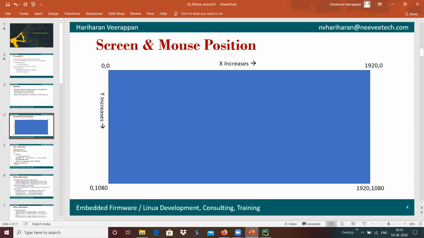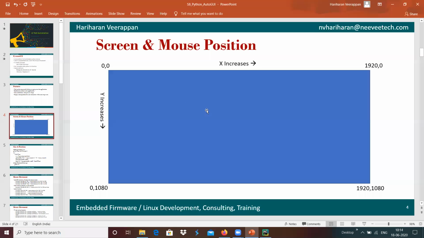At this point x is 0 and y is 1080. And here x is 1920 and y is 1080. These are the 4 points of the screen.